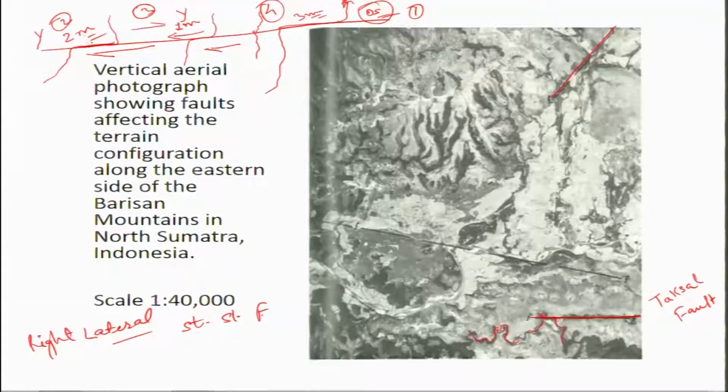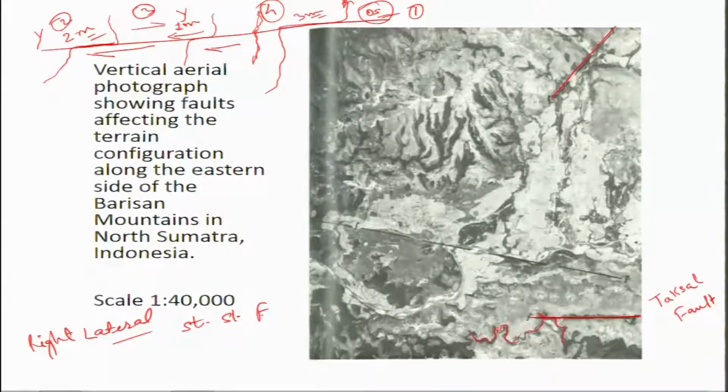This shows a deflection of 2 meters, which is somewhat lesser than the 3 meters. So that's why this is a younger stream than stream number 1, and then similarly stream number 3 is younger than stream number 2, while stream number 4 is the youngest stream because it does not show any deflection on it. Okay.